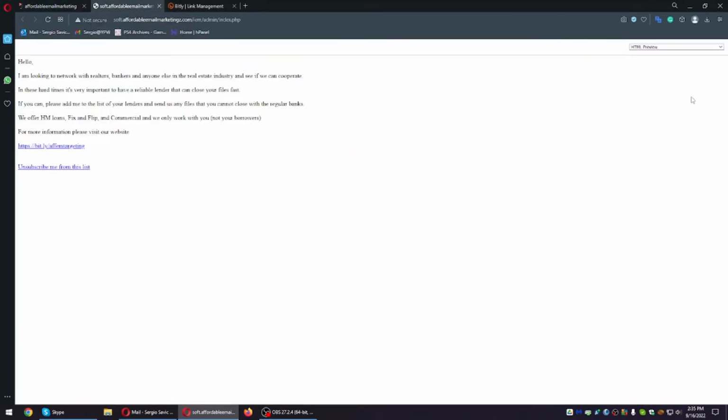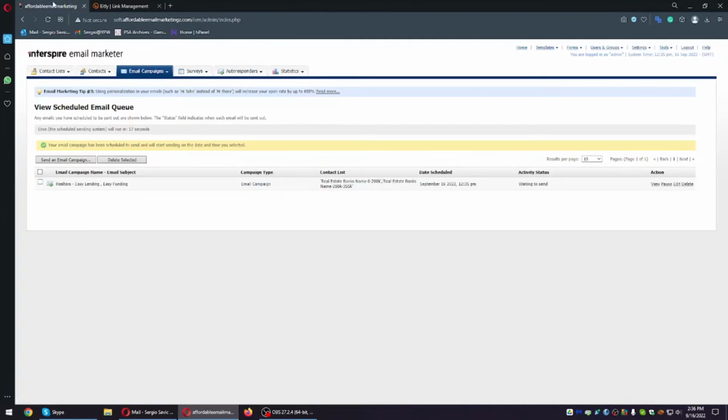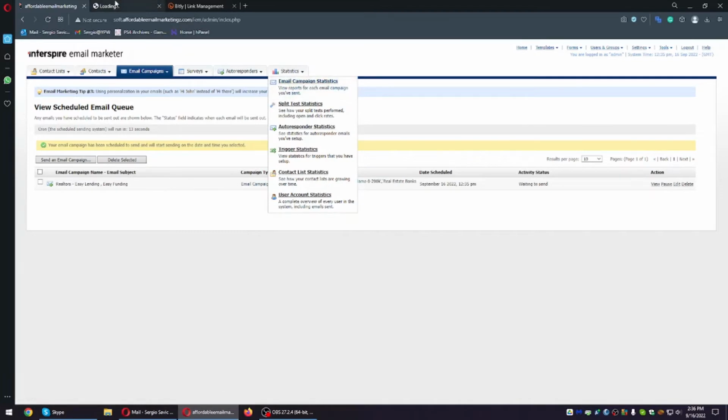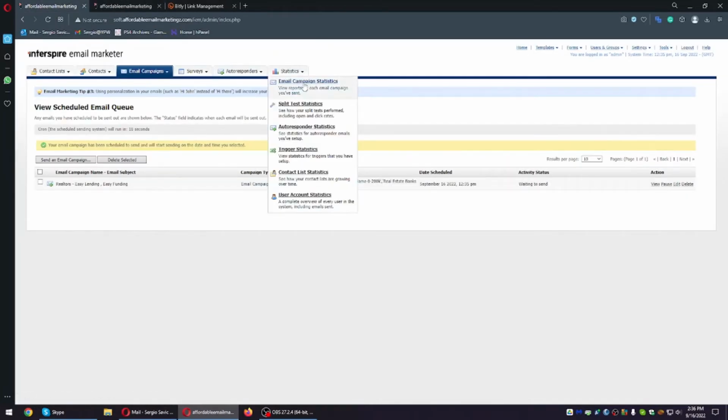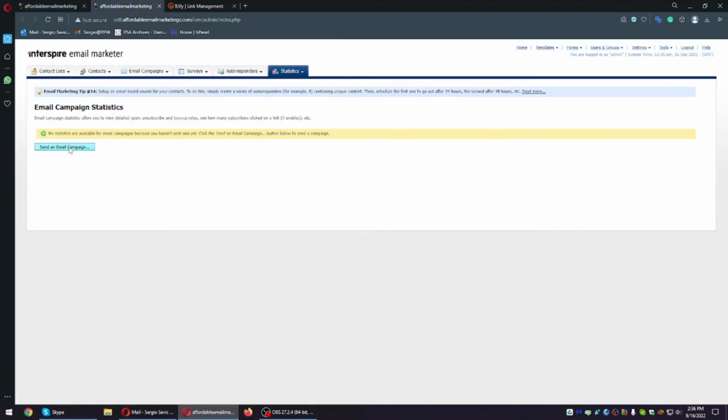So this is how it's gonna look. It's HTML preview, text-based preview. It's gonna look the same, so it's fine. It's gonna reach their inbox and their mailbox. And the way to track it is you click here and then statistics and email campaign, and so it's not